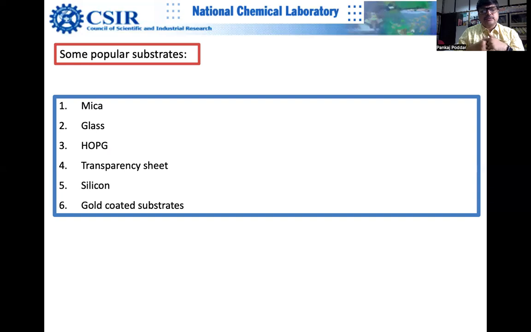And it is a very expensive substrate. It's not cheap. So it should be used for electrical measurements. Suppose you want to do some conducting AFM or some electrochemical measurements, then HOPG is the